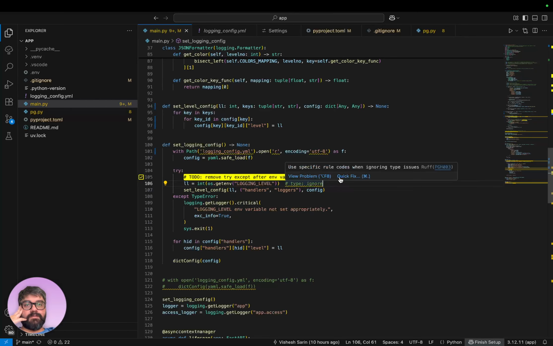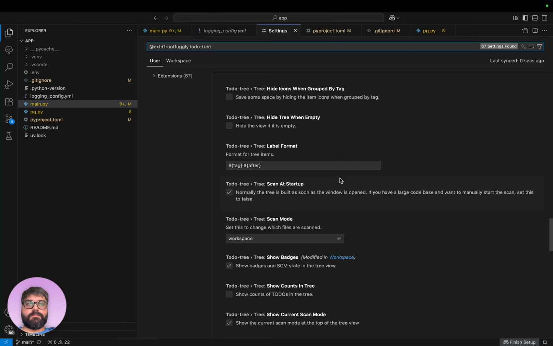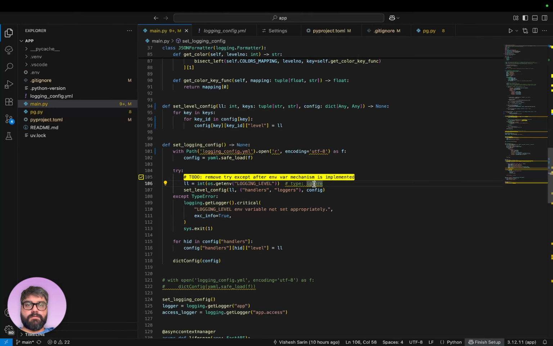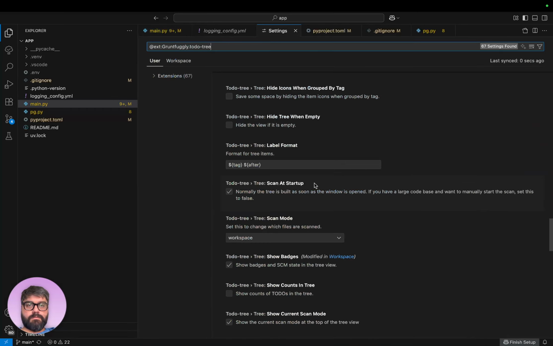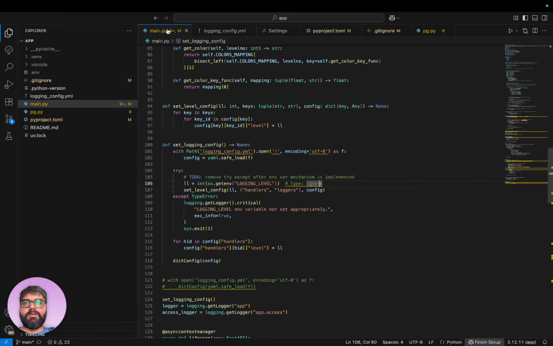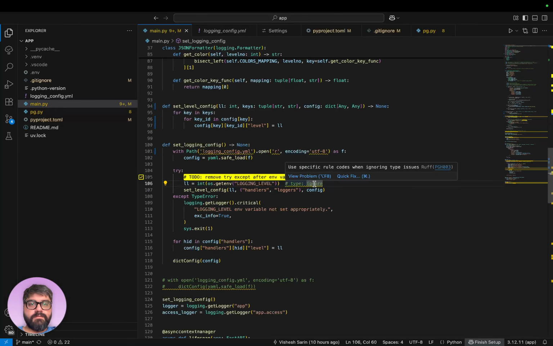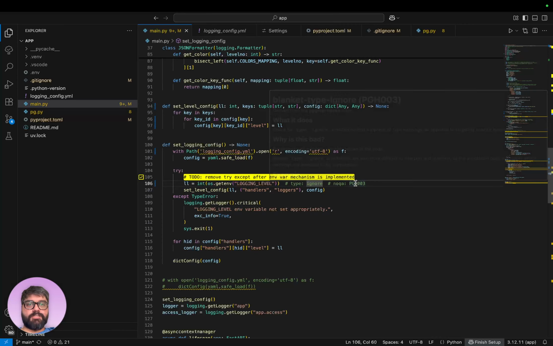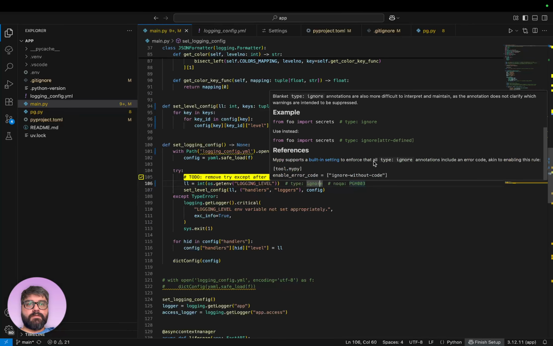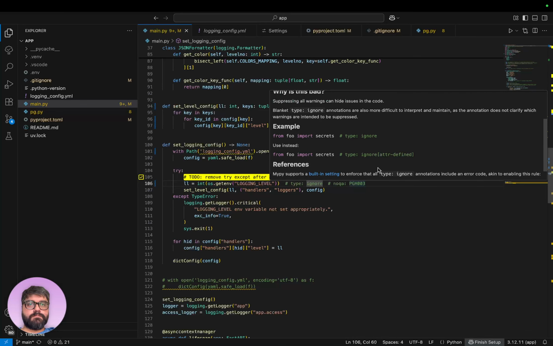What else is there? I'm just gonna command comma. Oh, that's not what I wanted. I'm doing command comma. Why is that not working? Is it command something else? Oh, it is command period. Disable for this line. So noqa PGH003 is... okay.